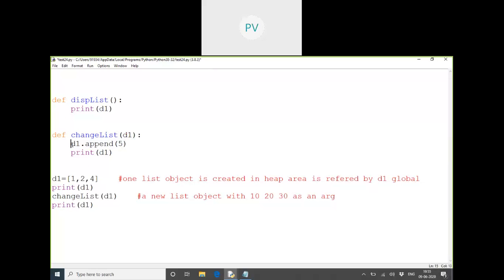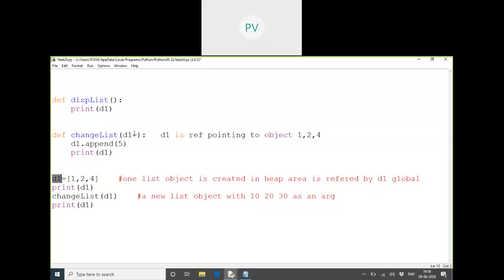Okay. And we are applying changes on which data? D1 dot append, local. Okay, D1 is a reference. It already stores 1, 2, and 4. Yes, ma'am. Pointing to which data? Global D1 object, which was having which data? 1, 2, 4. There can be only one object right now. This is only one object we have taken. One is a global reference, another is a local reference.